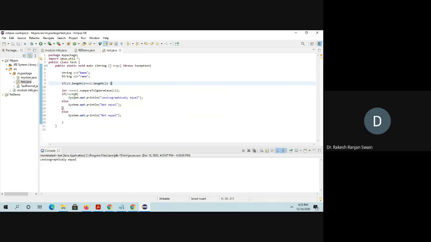If this is not executed, that means it is not 0, then it will go to the else statement. Then the else will print "not equal". So that's why, for printing purposes, you know whether it is equal or not equal. If the if is satisfied, then it prints "equal", and if it is not satisfied, then it goes to the else, and it prints what? Not equal. That's why I am giving the else statement.